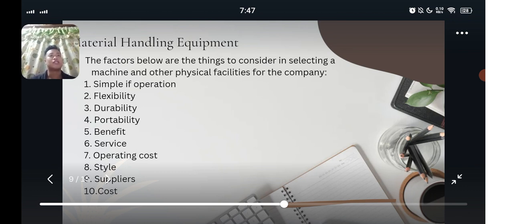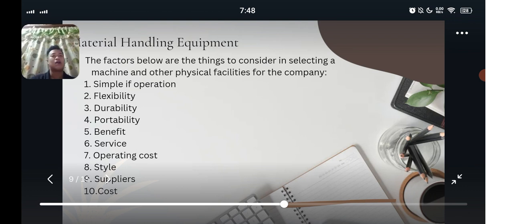Durability: the machine needs to be powerful and long lasting. Of course, the machine breaking down means the investment was wasted. Portability: the size of the machine is reduced to a portable size. Then benefits: when a machine takes the role of manual work, improved precision and results must be generated.